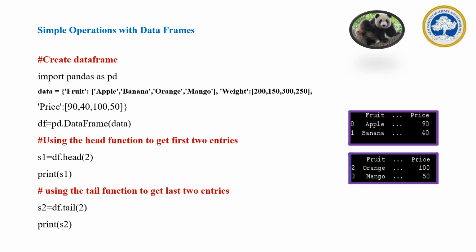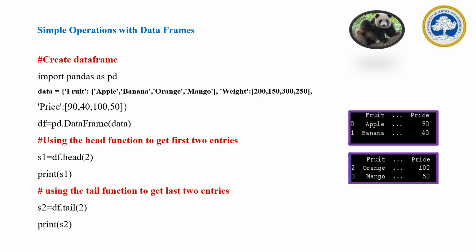So create the data frame: import pandas as pd, data is fruit and the respective weight. So pd.DataFrame(data), and the respective price also. Use a head function to get the first two entries. So df stands for data frame, df dot